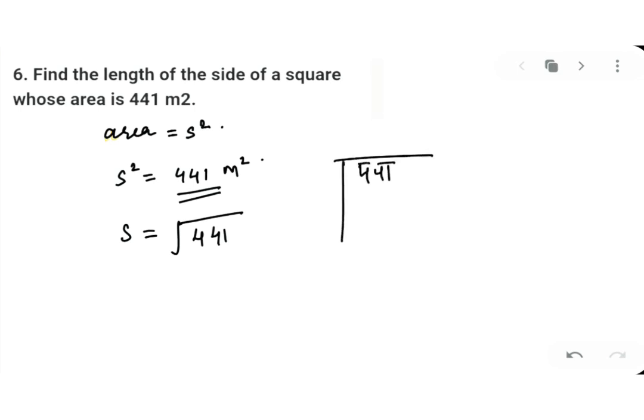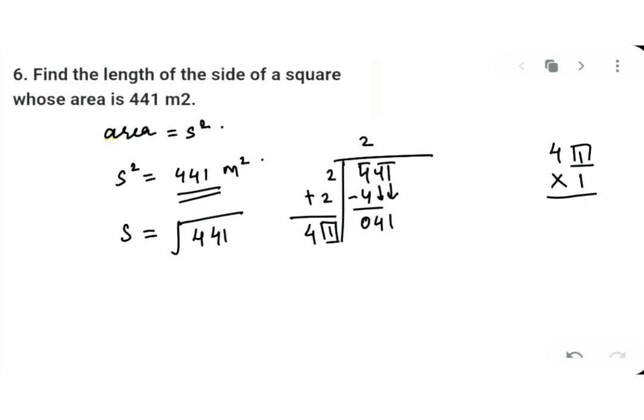Take the pairings. 4, you will go for the table of 2, 2s are 4. Subtract. On the right hand side, you will get 0. On the left hand side, as I always taught you, you have to add the numbers. Okay, now take 4, 1 together because they are in pairing. Now with your left hand side 4, you will put one digit. With the same digit, you will multiply so that you get 41.